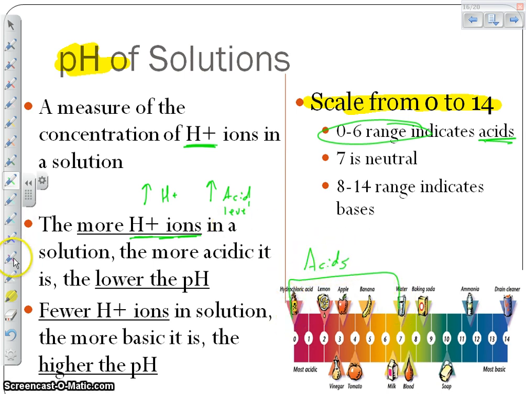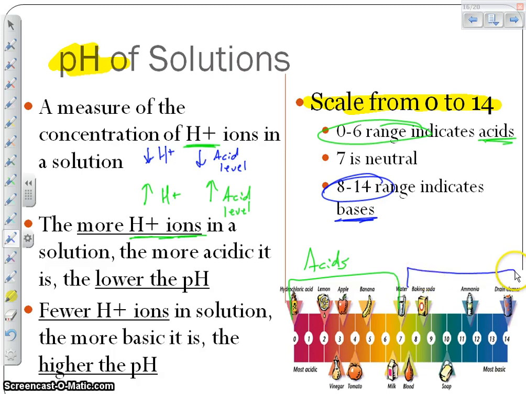Okay. On the other hand, and we'll switch up to, I forget yellow, let's go with blue. The fewer the H plus ions, so if we decrease the H plus ions, we are going to decrease the acidic level. And that's going to cause a higher pH, because 8 through 14 happen to indicate bases. Okay? So the pH is basically measuring how many H plus ions we have in that solution,